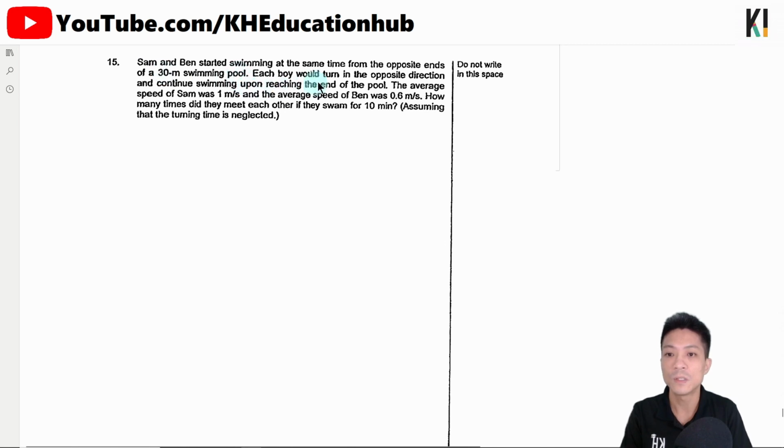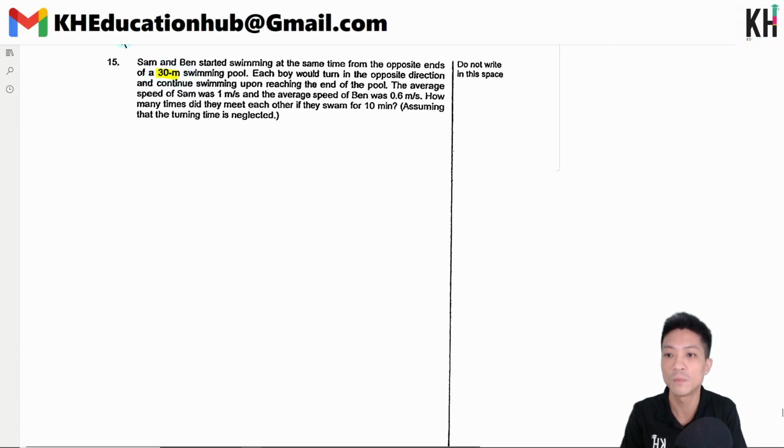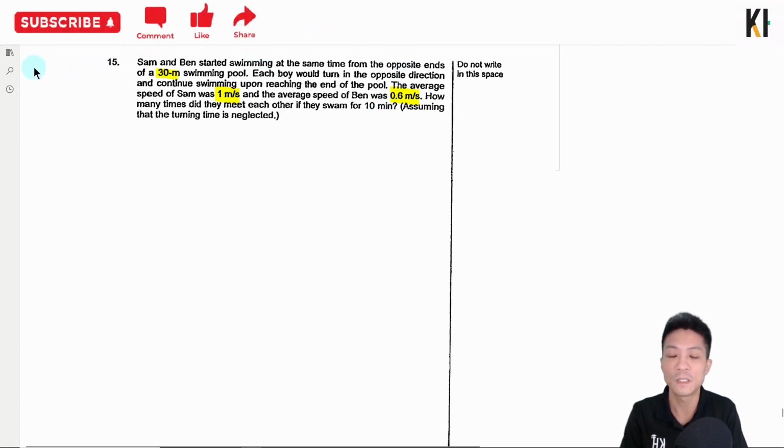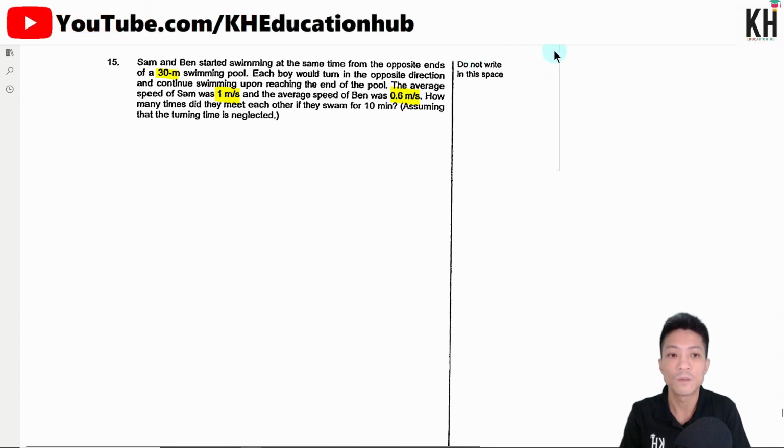Okay, assuming that the turning time is neglected. So in this question, there's a few things we need to take note of. So this is a 30-meter swimming pool. Okay, they started from the opposite end. The average speed of Sam is 1 meter per second and Ben is 0.6 meter per second. So we have to work out a few pieces of information first. That is, I need to know how many laps each one of them swam. I'm going to write the working over here. So for Sam,